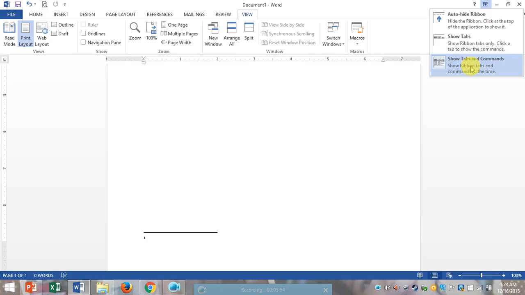Auto-hide Ribbon displays your document in full screen mode and completely hides the ribbon from view. To show the ribbon, click Expand Ribbon, Expand Commands at the top of the screen.